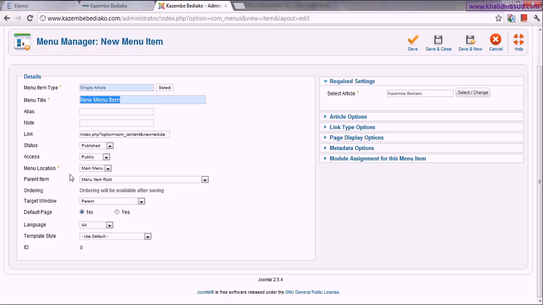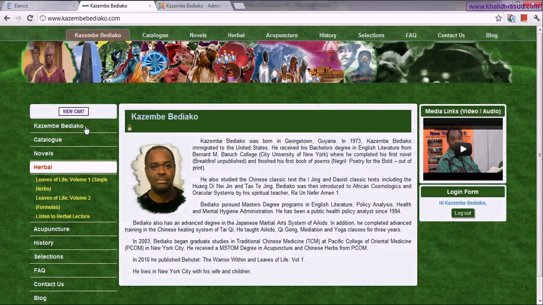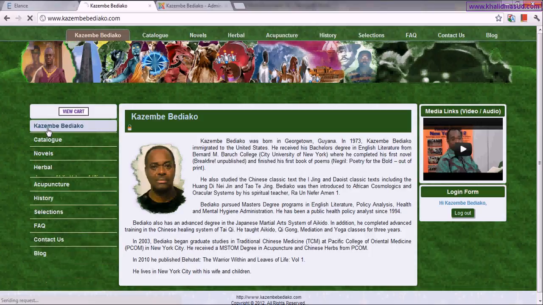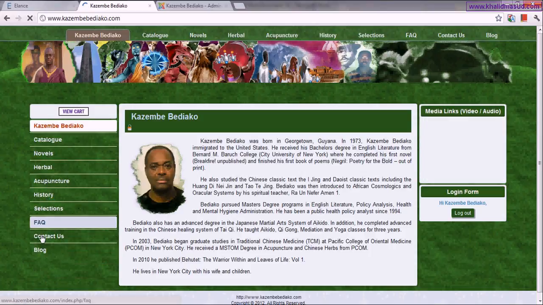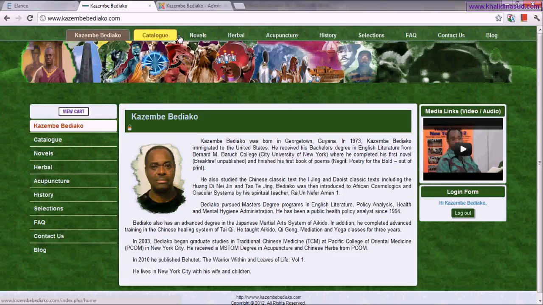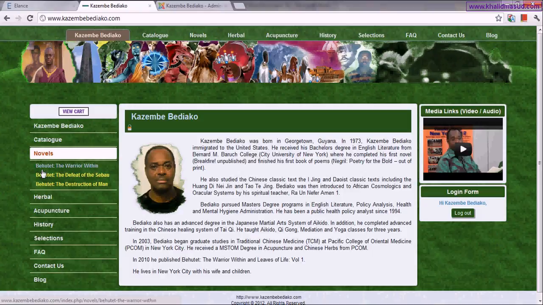To do that, you have to select the parent item. Parent item means whether this menu text is shown as one of the main items on your menu, or as one of the items in a sub menu.